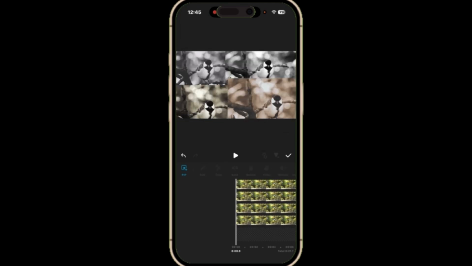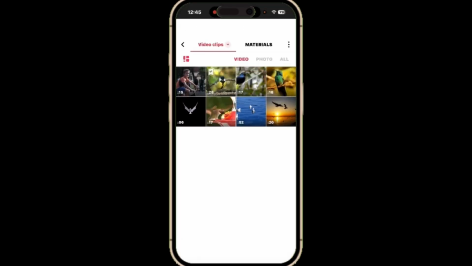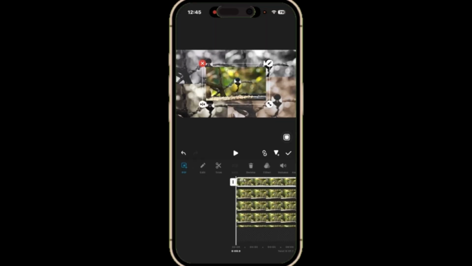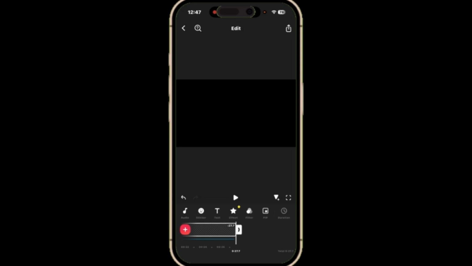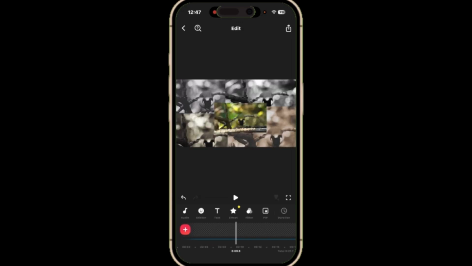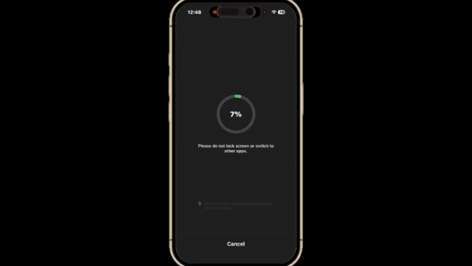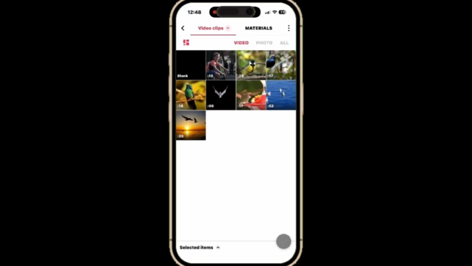Tap on PIP one more time and go ahead and add the original clip on top. Make sure that you can clearly see each of the birds in your background clips with the clip unselected. All of the clips end at the same time. To create your own transition, go to the beginning of your clip, tap the share button, tap save, tap create new,